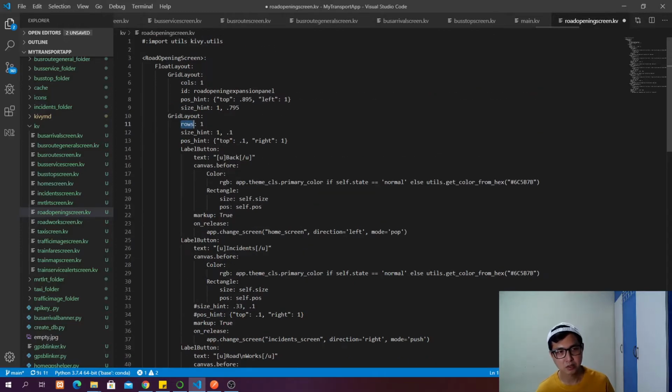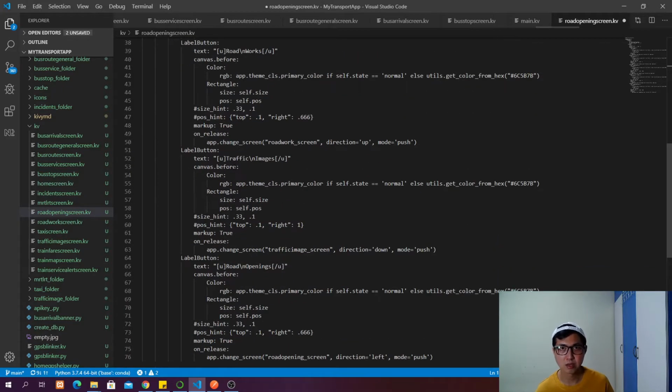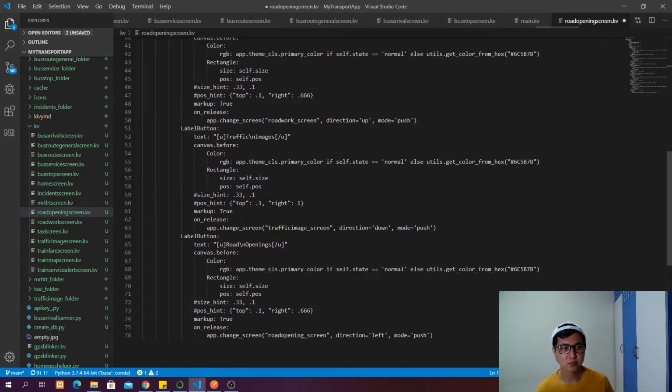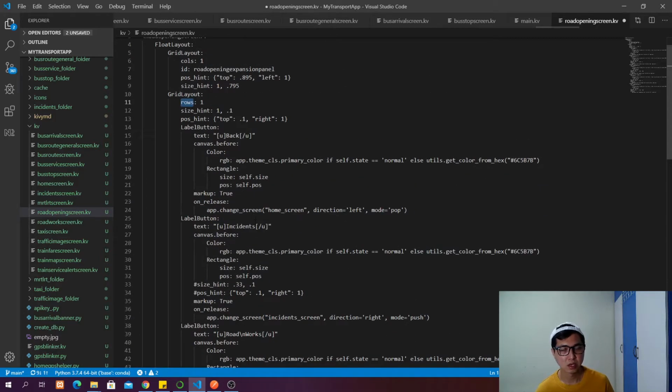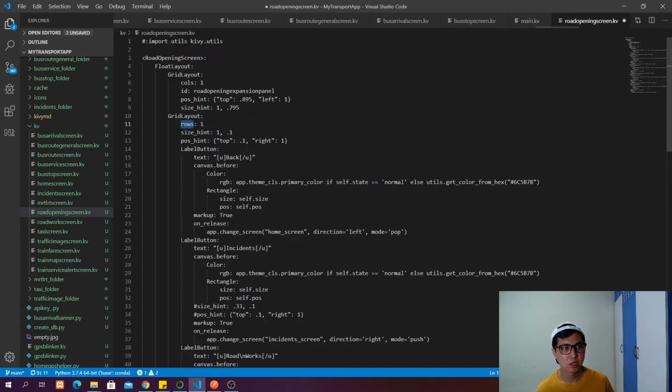So I think I don't have to explain this again. You know how to create a label button. So the function of them is to bring you to each respective screen as you click on them, as you release this button. So the first grid layout, we are going to give it the ID of road opening expansion panel. Okay, so later on we are going to refer to this expansion panel,